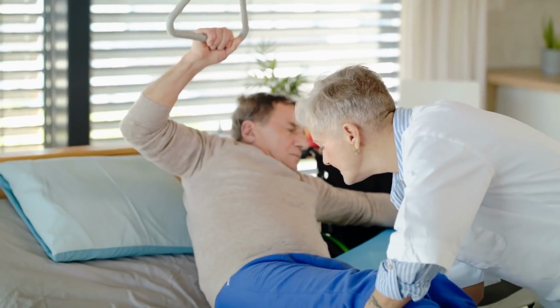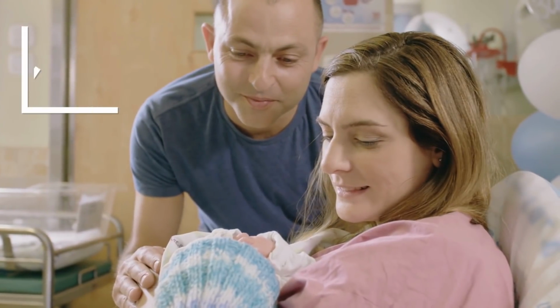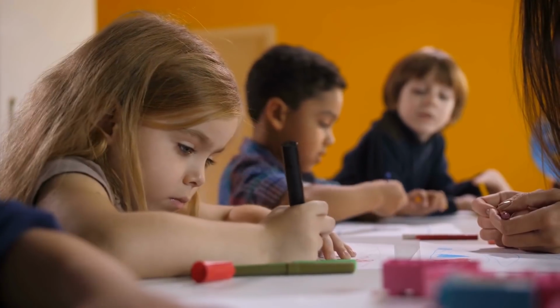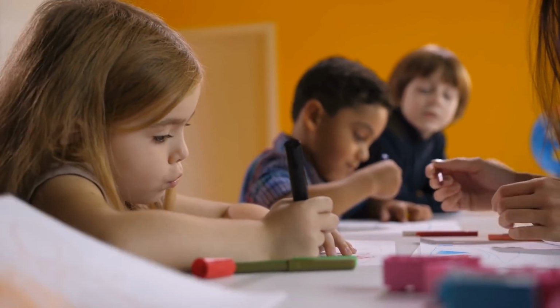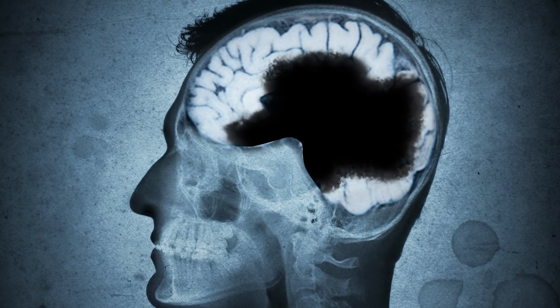Although this can have side effects like loss of movement on the opposite side of the body for adults, it actually has a pretty high recovery rate in children, and most young patients can expect to live a normal life afterwards. There have been plenty of extraordinary cases of people surviving with even less than half a brain in their